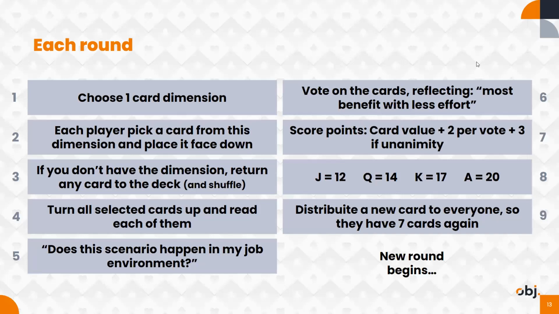And since you want to get points, you have to prove that the problem happens. And when we finish one round, we have talked about, for example, limit WIP. So everybody chooses a card from limit WIP, and we talk about limit WIP on the different scenarios that everybody puts on the table, and we agree on which ones we have problems with, and we keep the ones that we have problems with and vote for each one. Then we get another card and we choose another dimension. Now let's talk about visualization, and everybody picks a card from visualization. So you go through all the cards and you talk about all the problems that you have in your company,